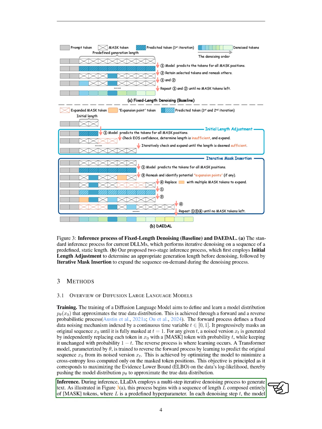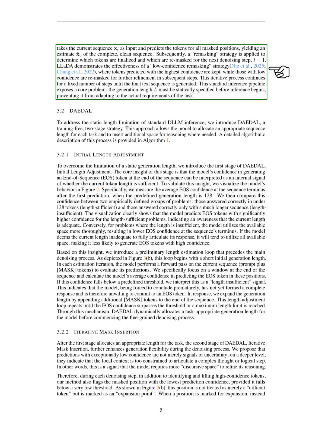During inference, we use a multi-step iterative denoising process to generate text. We start with a sequence filled with masked tokens, and, in each step, the model predicts the tokens for the masked positions, producing an estimate of the complete sequence. We then apply a remasking strategy to decide which tokens to keep and which to remask for further refinement. We find that a low-confidence remasking strategy, where we retain high-confidence predictions and remask low-confidence ones, is effective. This process continues until we generate the final text sequence.